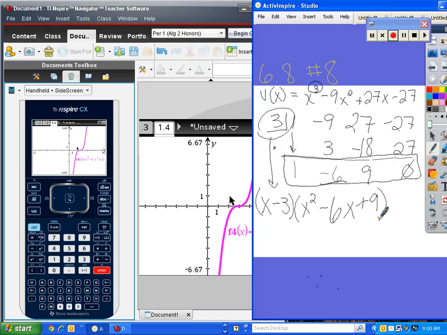Alright, so I can factor this though. X minus 3, this can be factored. So I factored my first term, x squared, into the two first places. Then I factor my last term, 3 and 3, and I check that my outside term and inside term add to my middle, which they do. So I check my signs, I need them both to be negative. Look, this is my factor. And when I set this equal to